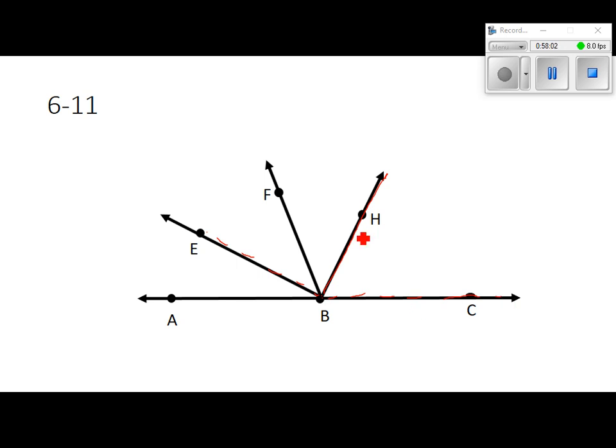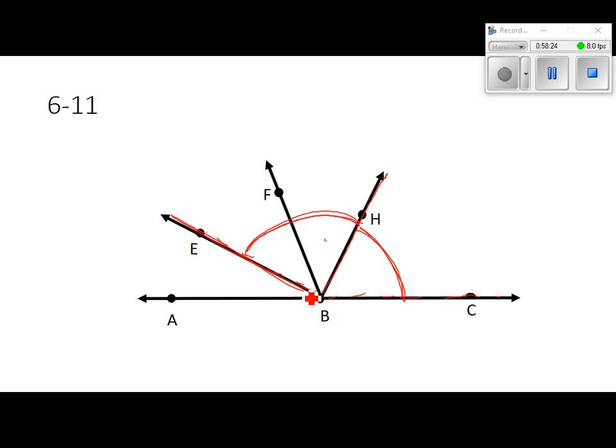So that tells us this angle is congruent to, and you got to be careful here. Is it just congruent to this part right here? It's that one, right? So it's sort of hard to show it on the picture. Those two are congruent. Then they also tell us that BE, that's this ray,